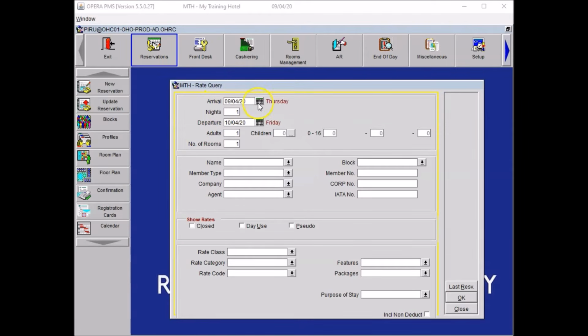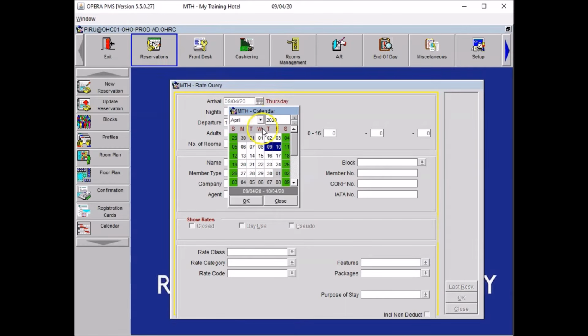To update the date of arrival, you can either key in the date of arrival in the field, or alternatively you can use the calendar. For that, you just need to click on the calendar. Here you will have to operate it by selecting the year. So imagine that he wants to come next year, so increase the year by 1. Let's say you want to stay in September, so click on the month, select the month of September. And then you just need to select the date, so let's select the 14th of September.